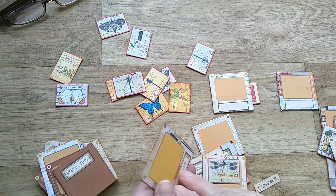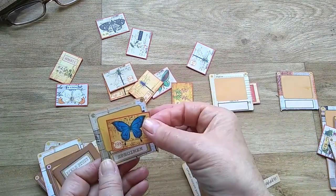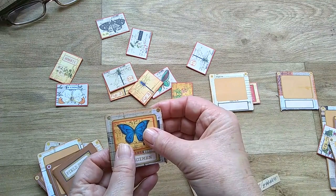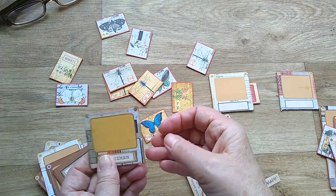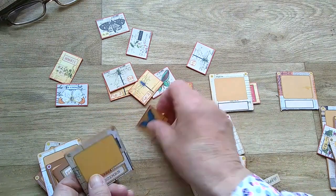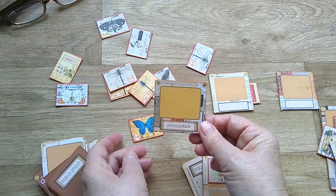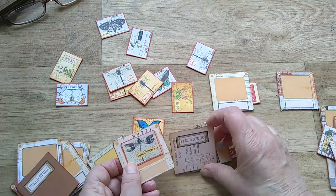The smaller ones that I've stuck together, I'm finding a card to go on there, just to stick in that little opening. I mean, I could have left this open and cut that out and had a slide going in there, but just for quickness, I'm going to stick that on there. I've got lots of these to do,